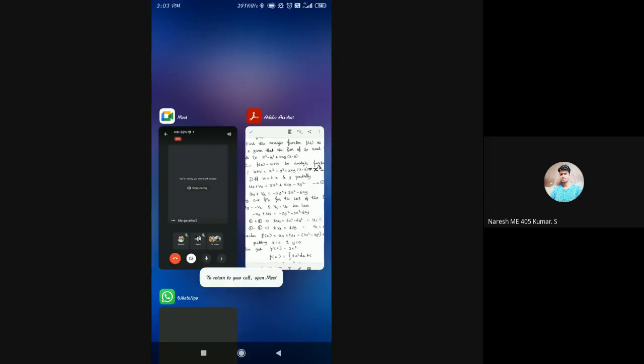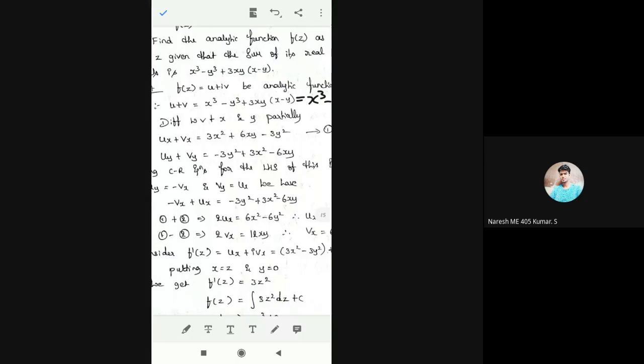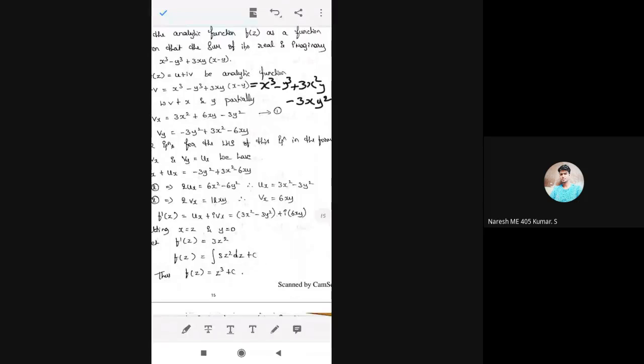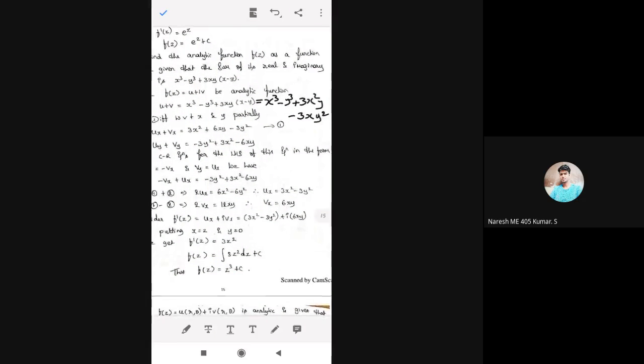Okay, now when you do partial differentiation with respect to x and y partially, so what we'll get, see here we have an expression x cube minus y cube plus 3x square y minus 3x y square. So it gives ux plus vx, correct? So ux plus vx with respect to x we are doing for that. Now x cube differentiation, 3x square, x power n is n into x power n minus 1, so that we applied. Then y cube is constant, so differentiation of constant is 0, so that is neglected.